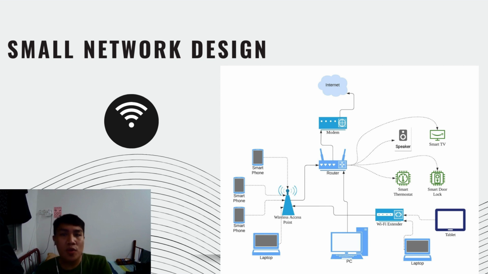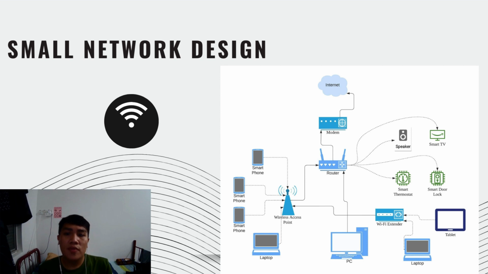And then what we assume is a two-story house or something like that. We use a Wi-Fi extender to connect more wireless devices such as the tablet or laptop, as we did in our design, as you can see. And then the PC is connected directly via a wired connection, because usually that's how a PC connects. I mean, there are PCs that can use wireless, but we just assume it uses a wired connection.